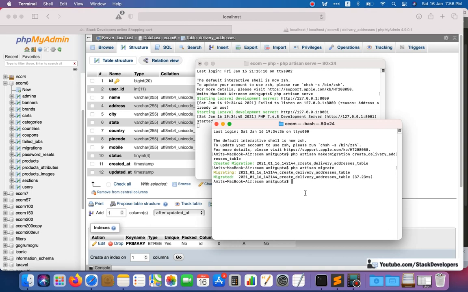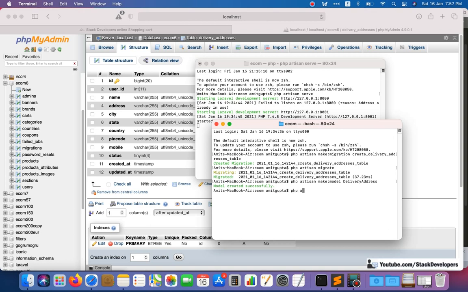So we are going to run php artisan make:model DeliveryAddress. Our model has been created, and now we are going to create the seeder file for inserting the dummy entries.